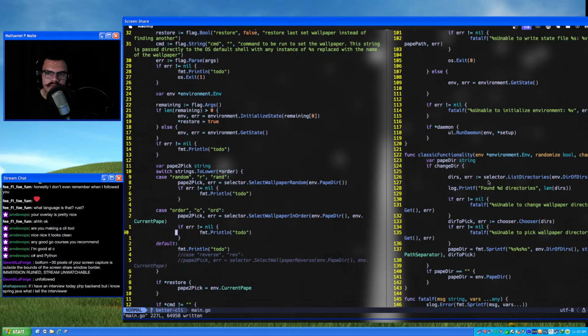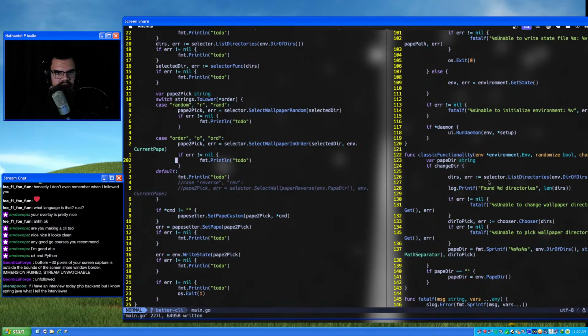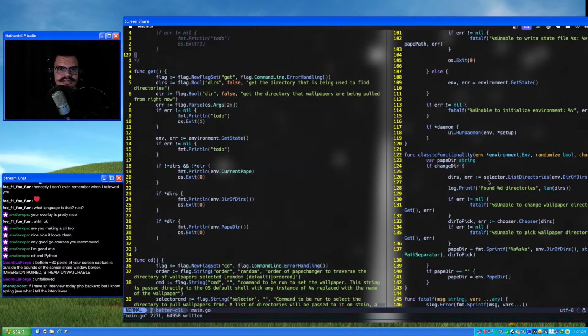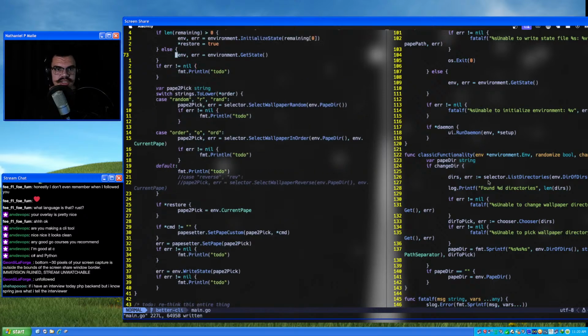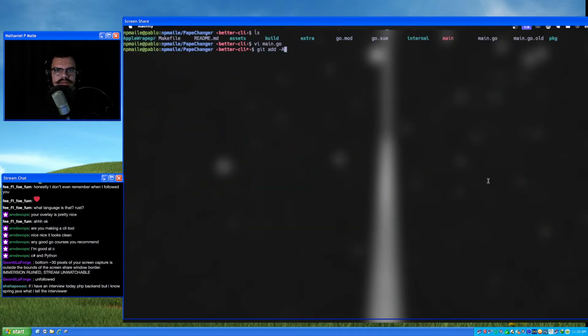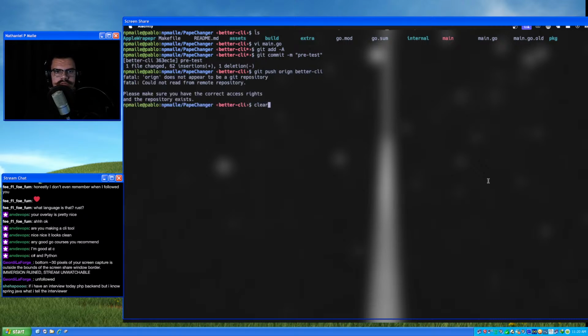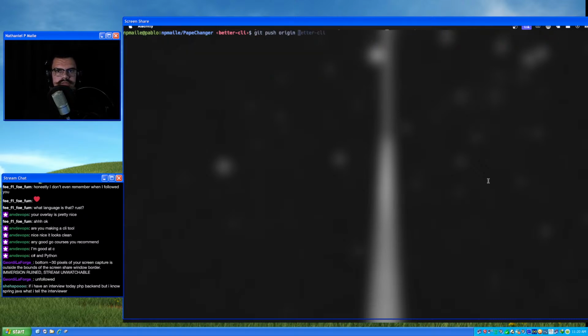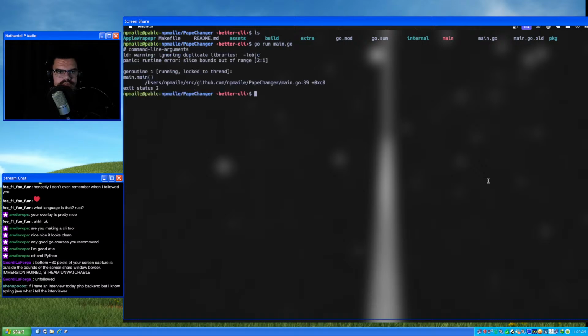So theoretically the program works as intended. Now none of this has been tested, so I suppose we'll see. So let's get this thing going. Pre-test. Alright, so it didn't like it.